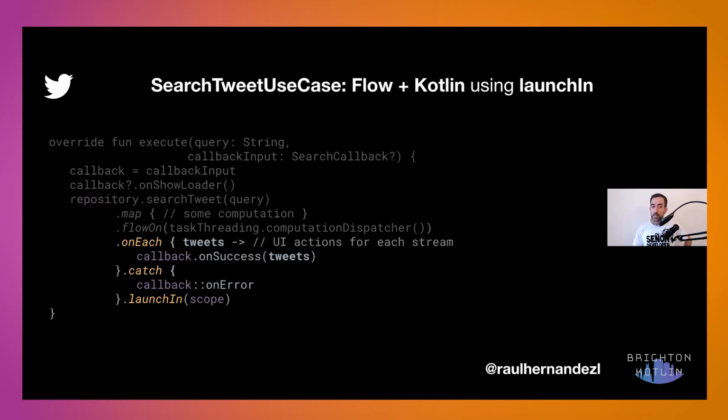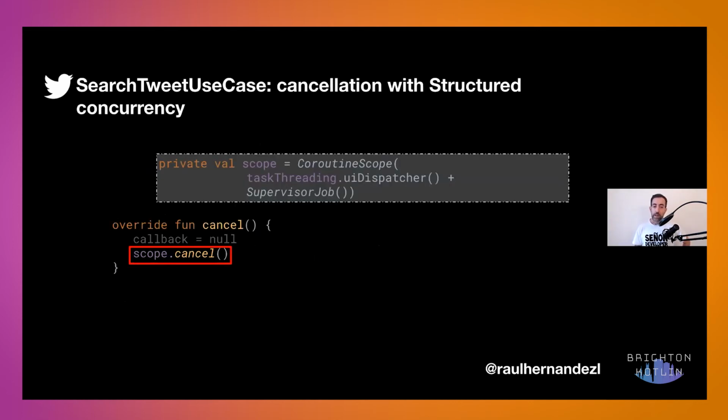I can change and use launchIn instead of launch from the scope. And this is a very nice operator because it's super convenient. You see, onEach is basically replacing collect, and launchIn is replacing launch. The different thing here, apart from the syntax, is the fact that catch, because it's also upstream, is going to catch any problems that the onEach operator is going to have. So if you want to catch any exception there, you will have it here as well. And then I will cancel at some point my particular scope.